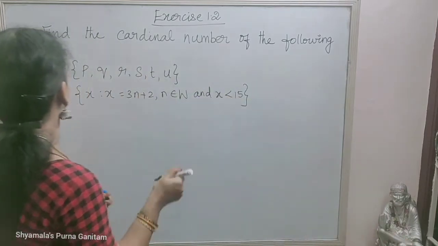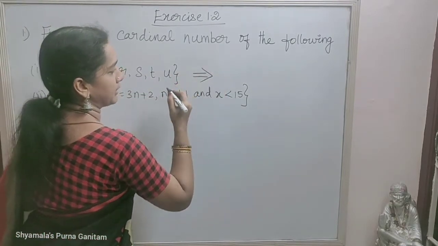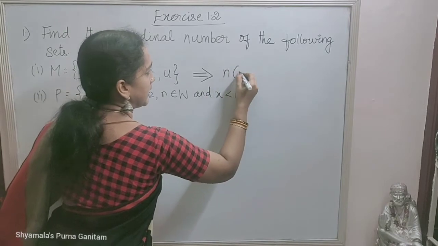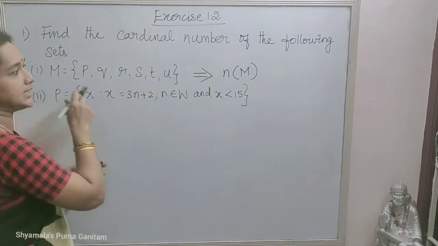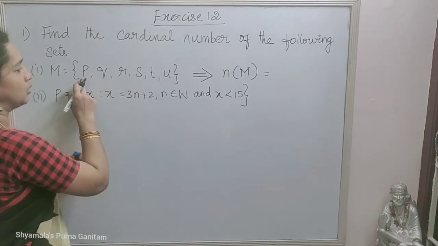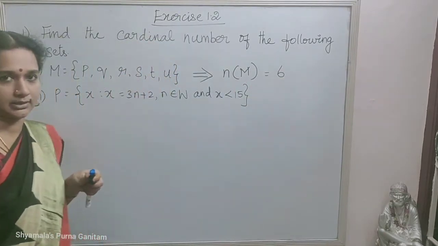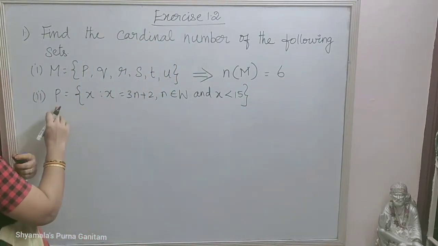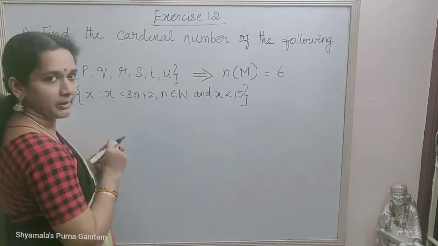So M is equal to P, Q, R, S, T, U. So the cardinal number for this is the number of elements in the set M. This is called the cardinal number. So how many elements do you have? 1, 2, 3, 4, 5, 6. So n of M is equal to 6. That's all. Now the next one is P is equal to {x such that x = 3n + 2,